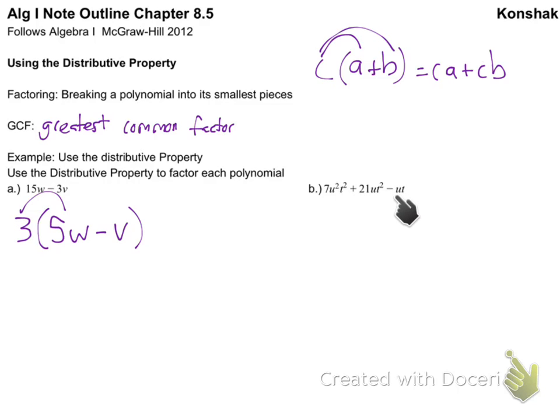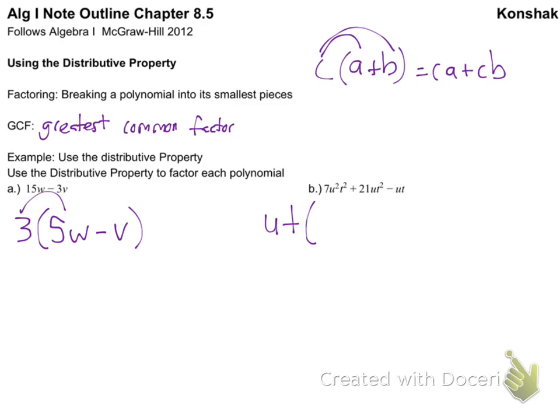Yeah, the variables, it's every term, right? So can I give anything away except for a 1? And a 1 doesn't really matter, I guess, right? So what about the variables? What does everybody have? A u and a t. Oh, so I can give a u and a t. And if I divide every term by u and t,